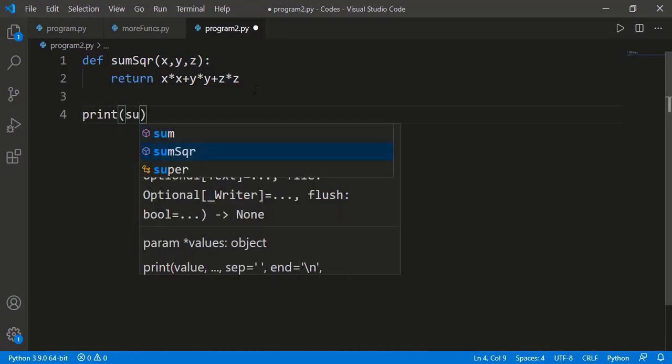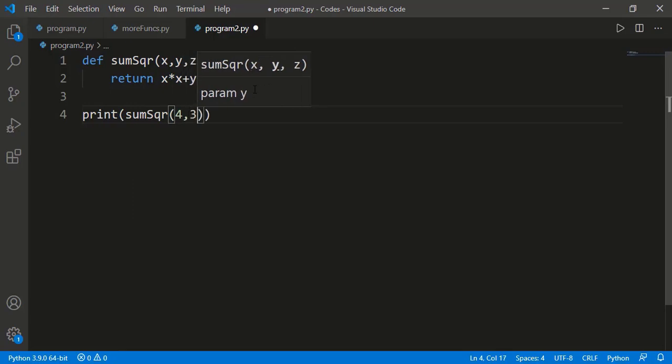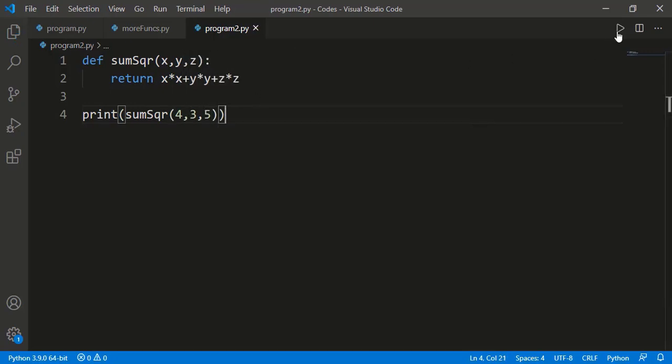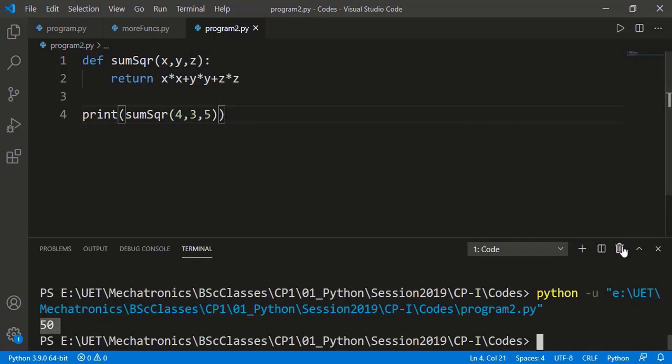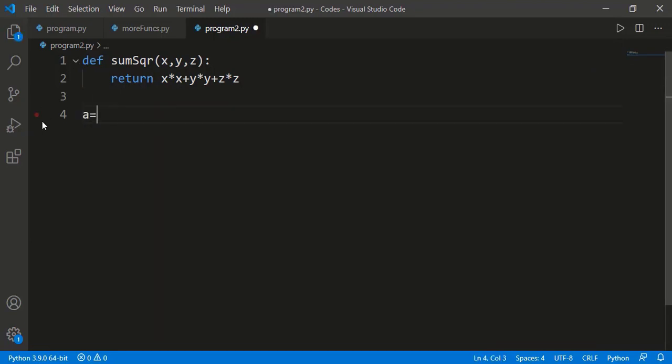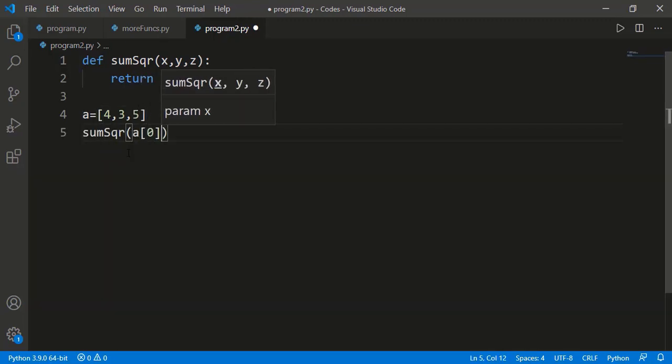Of course, I can use this by providing the values of 3 input arguments. What if I have the 3 values inside a list and I want to apply the function on those 3 values? One way can be accessing the 3 values of the list using the indices.